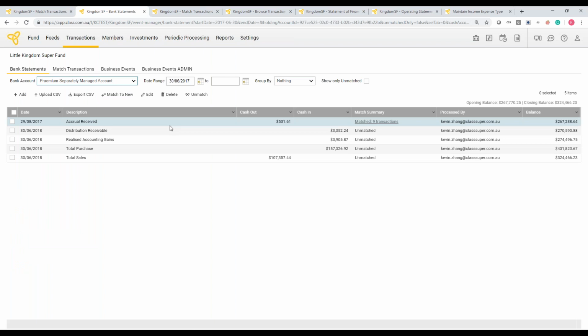So the next thing we need to do is a buy and sell. How do I get that information? Total buy for the wrap account is actually available on the annual statement event. So this is not a tax statement event. So if we go to